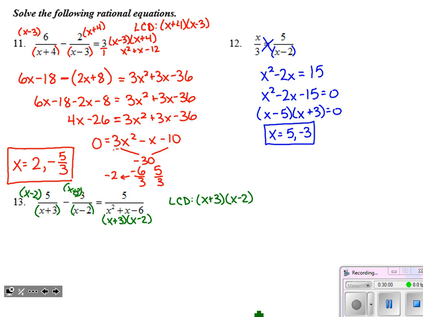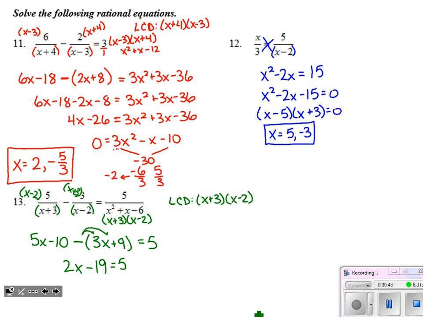So let's go ahead. We know all the action is happening in our numerator now. I will have 5x minus 10 when I distribute, minus, okay, and I'm going to put this in parentheses because that negative will distribute, 3 times x plus 3. Let's go ahead and distribute that now, 3x plus 9 equals 5. And look at how simple that became just by taking the time to set up our lowest common denominator from the beginning. All right, so let's combine like terms and distribute here. I'm going to distribute that negative. I've got a 5x and negative 3x. That combines to make 2x. Got a negative 10 and a negative 9. That's negative 19 equals 5.